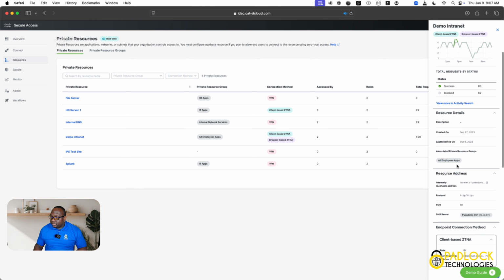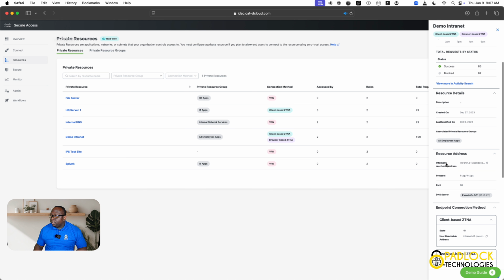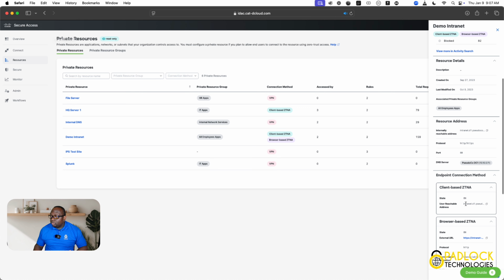Resource details, obviously, we just saw the resource details. The resource address, this internally reachable address, is going to be the FQDN. The protocol is going to be HTTP or HTTPS. We got port 80. The DNS server that's going to be doing the resolution is going to be this internal DNS server. For client-based that's already on, just type in whatever in the browser and the redirection will happen